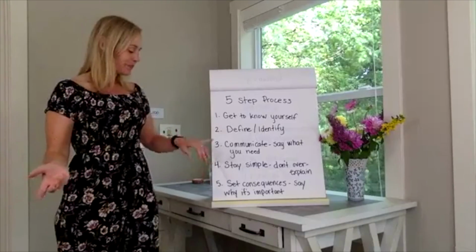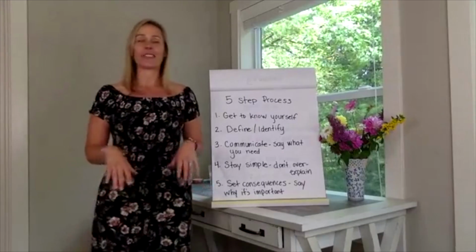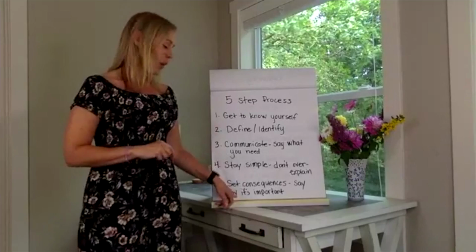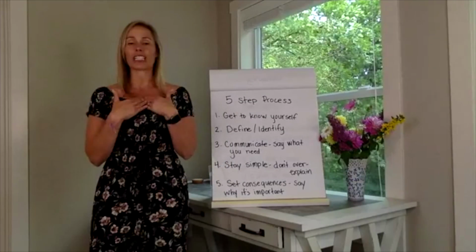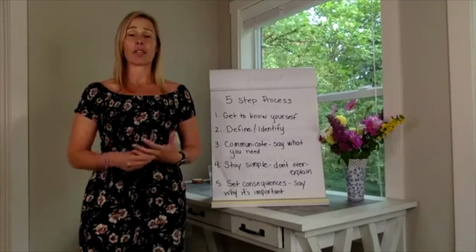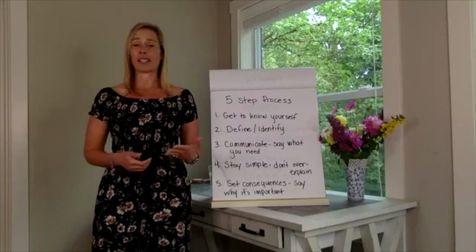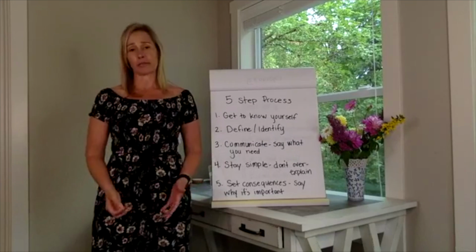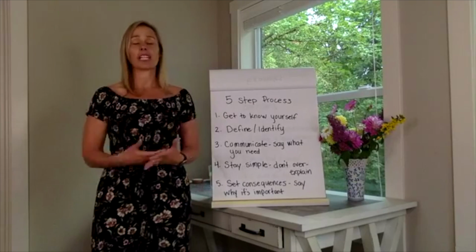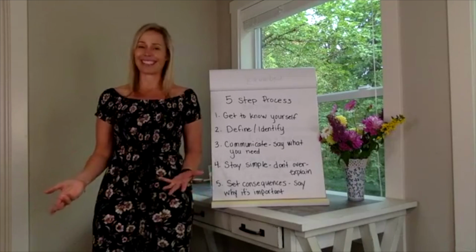Make it simple. And the last one is either set consequences or say why it's important. So setting consequences is more when somebody's taking your energy and maybe even knows it. Saying why it's important is really talking from your heart and explaining, this is important to me because I really want to show up for you and listen when you're sharing these things because I love you. But when you do this, I don't listen because I'm frustrated and I'm trying to read my book. So that they understand. Okay, it's not because she doesn't love me, it's because she needs this time. And then if she has this time, she'll be listening to me when the time is right.